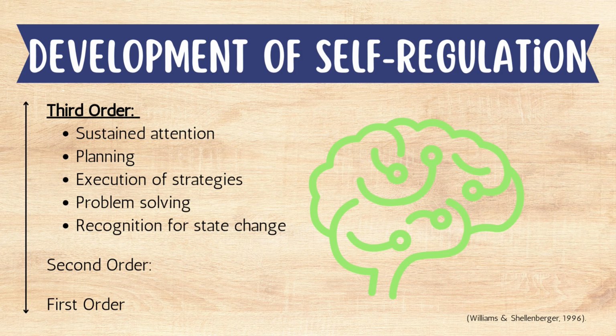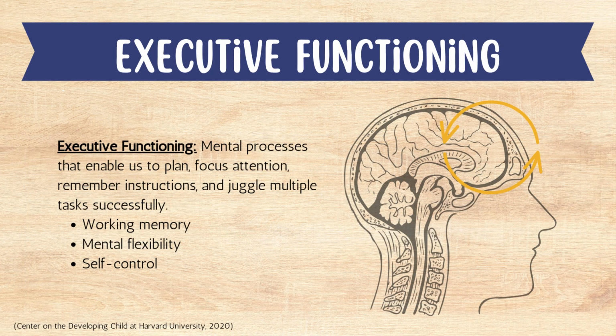It includes sustained attention, planning, execution of strategies, problem solving, and being able to recognize on your own when your state needs a change. So, a step above just being able to change your state. Really, all of this comes down to one very advanced skill: executive functioning. Executive function and self regulation skills are the mental processes that enable us to plan, focus attention, remember instructions, and